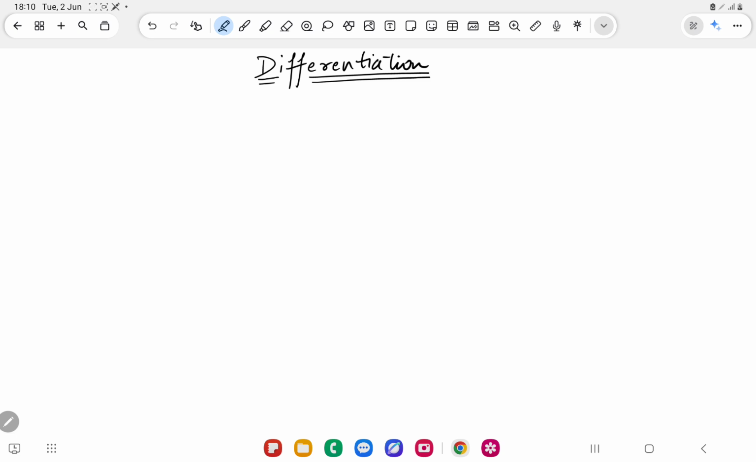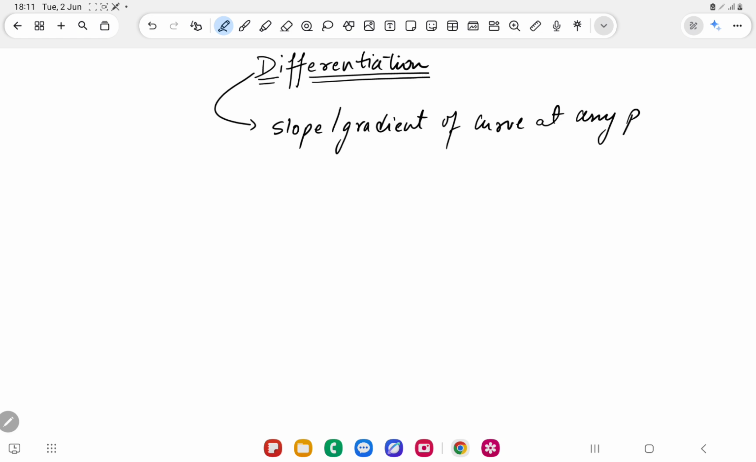So today we are covering one of the biggest topics of IB Math AAHL, that is differentiation. It is one of the important parts of calculus. So what exactly is differentiation? It gives you the slope, or you can say the gradient of any curve